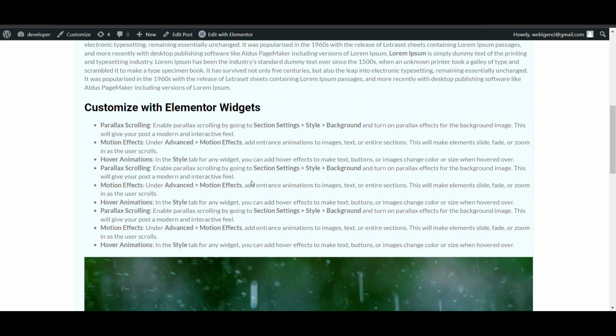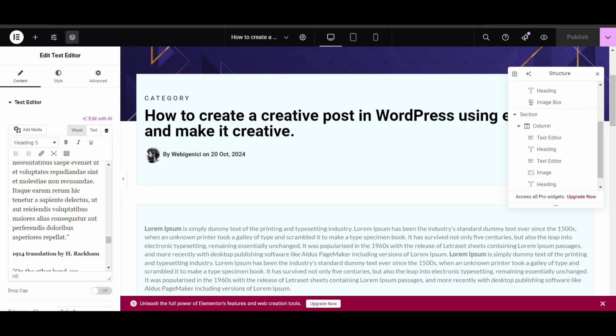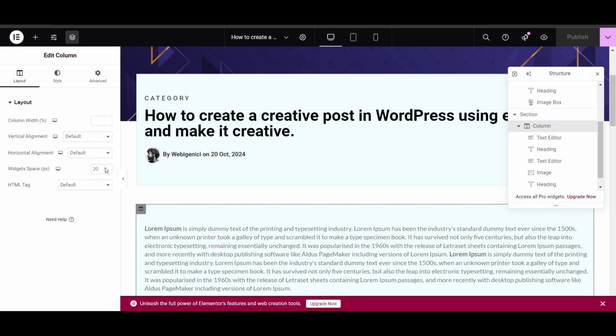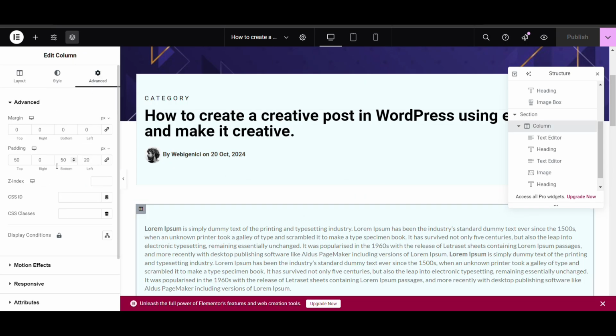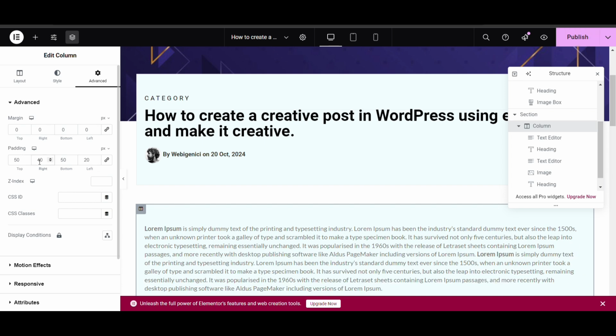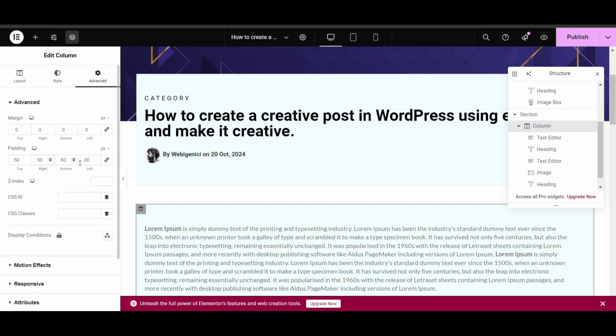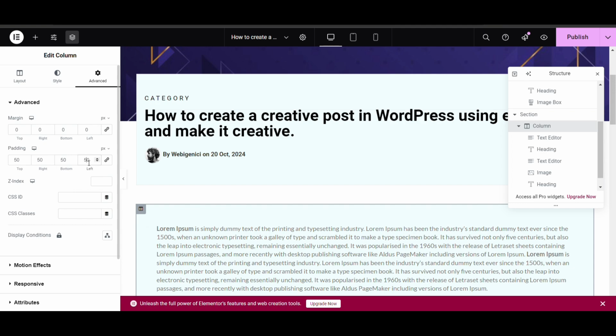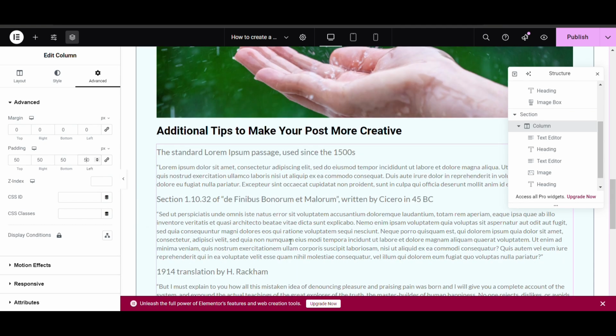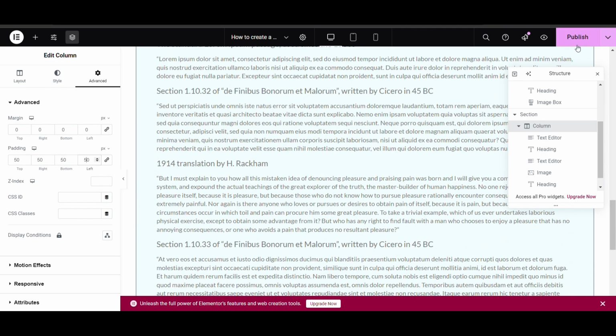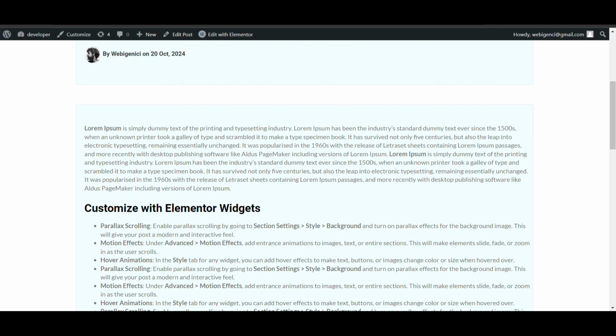You can add left and right padding as much as your requirement. I will add it so it will look much more creative. Padding from left, padding from right.